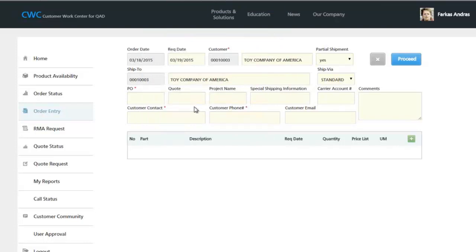And then you have a couple of mandatory fields. Of course, you need your PO number, if there's a project name, shipping information, if there's special shipping, if there is a carrier account number. So if they're using their own FedEx number, you can put it here. And I'll show you where this information comes into the order in QAD. And then, of course, you could put in your customer contact information or their customer email and any comments that you may have. And all of this information here will all be written into the header comments